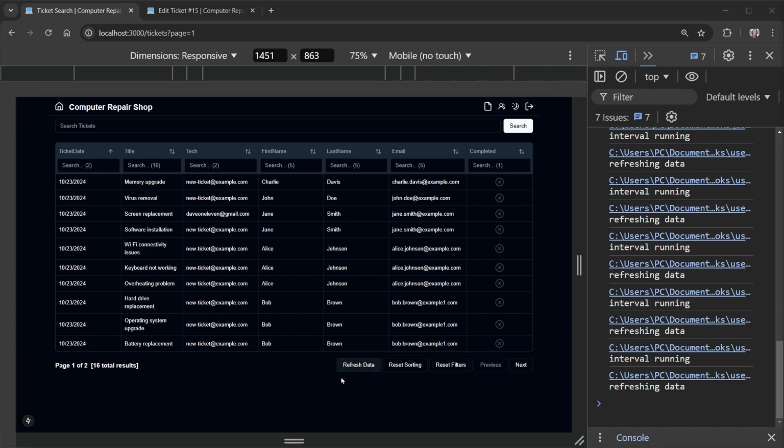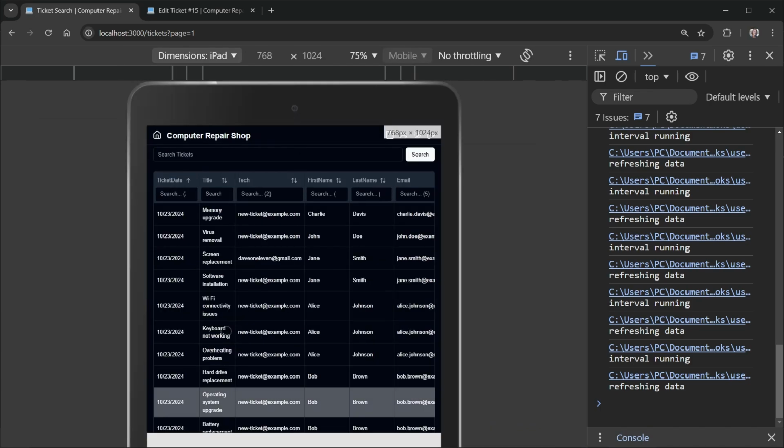And here's our refresh button down here. I can go ahead and click that, and you'll see this blink over here in the bottom left. Anytime we do that, it is refreshing the table as well. It calls that router refresh. While we've got the DevTools window open here with the console, let me go ahead and switch this to an